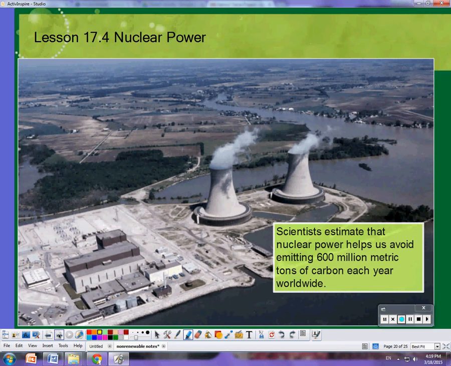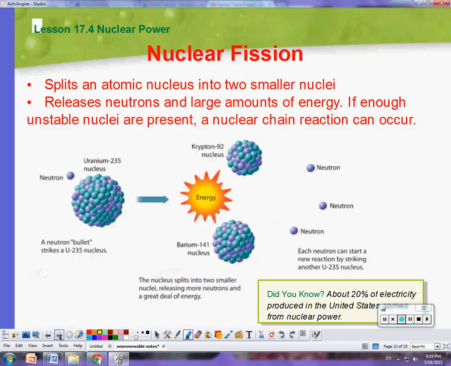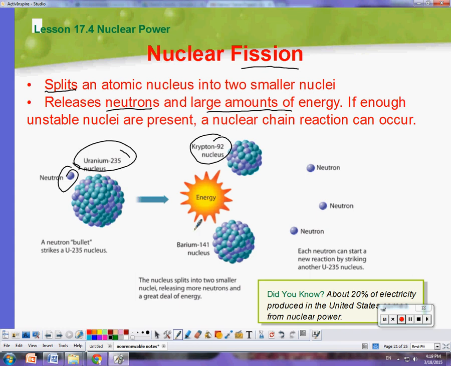All right, nuclear power. Okay, so fission, make sure you write this down, nuclear fission. This is when you split the atoms into smaller nuclei. It releases other neutrons and large amounts of energy. So I want you to make sure you write this down. You take uranium-235, you take a neutron, you smash them together. You create 2 daughter cells and 3 neutrons. So there's 2 daughters,